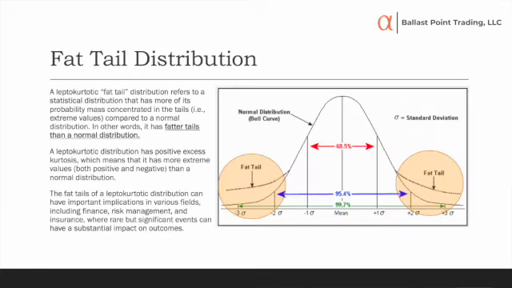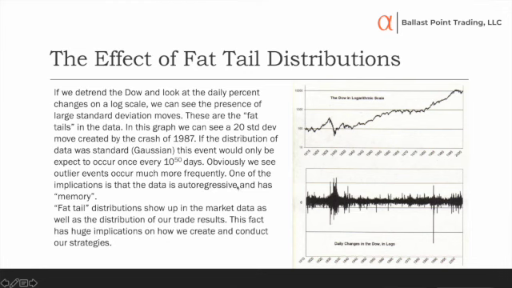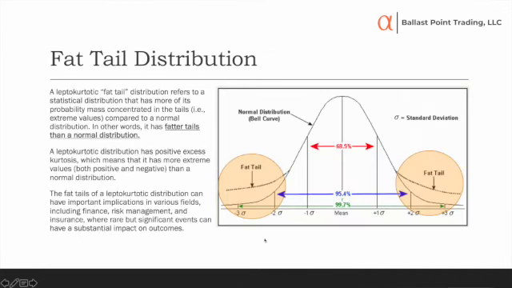Okay, now here's the fat tail distribution that we talked about before. Now, the key part of the distribution is this fat tail area right here. The fat tails, it's the whole thing. Otherwise, it's just a bell curve. So the fat tails tell us that in this sort of distribution, rare events aren't really that rare. They happen a lot more, and they have a profound impact on what we do.